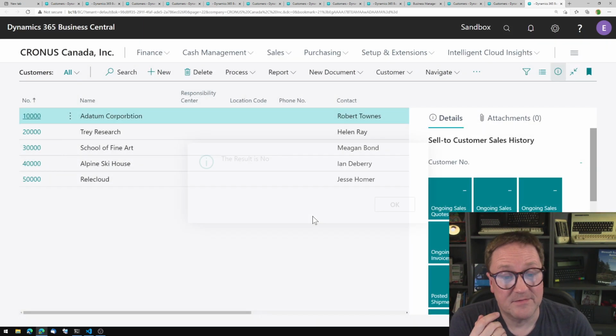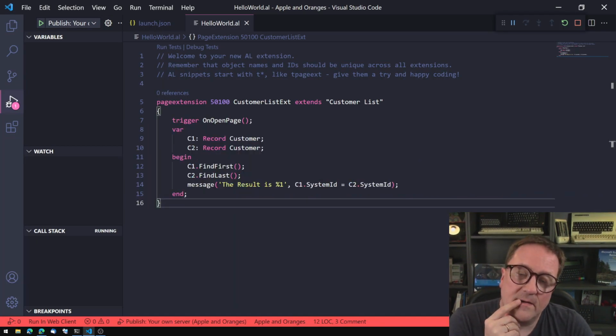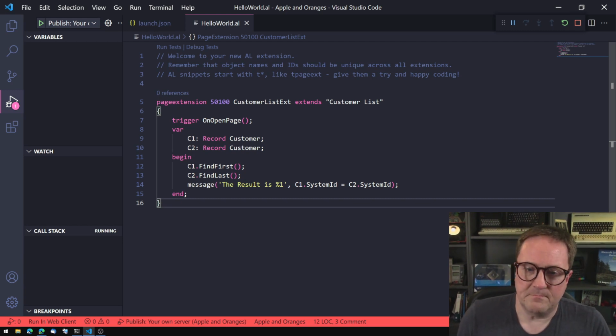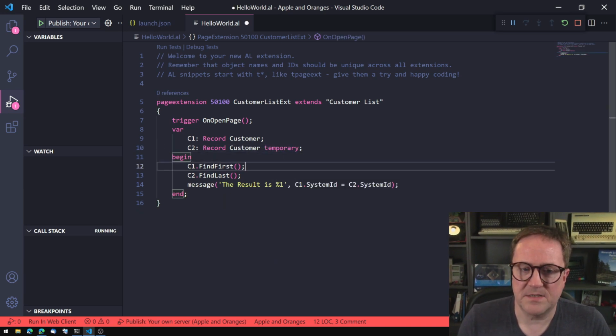It's not. So these two are clearly not the same record. Okay, so let's stay with that one just for a bit, and then instead let's make C2 temporary,